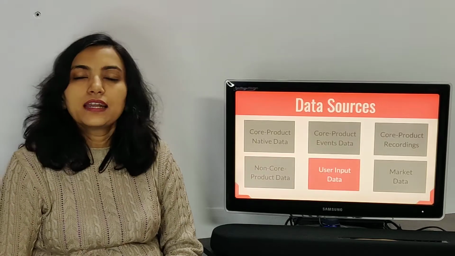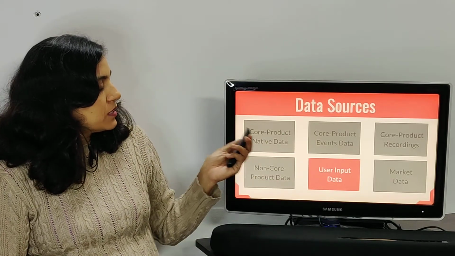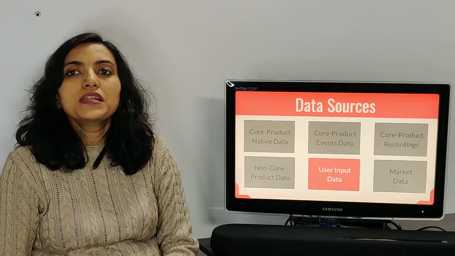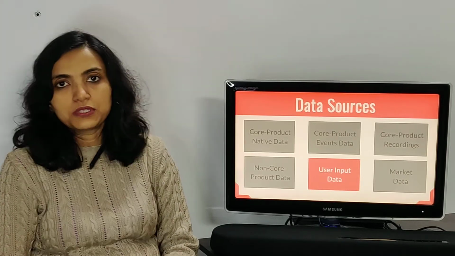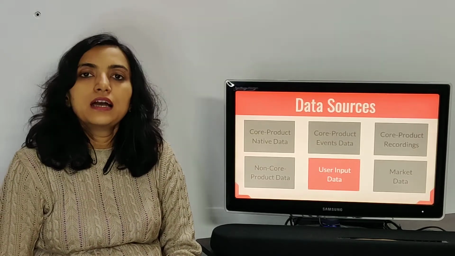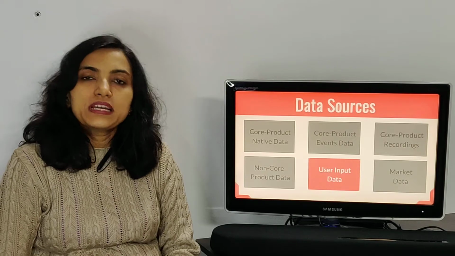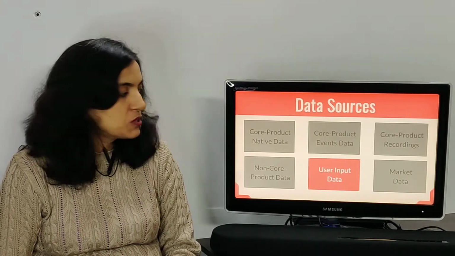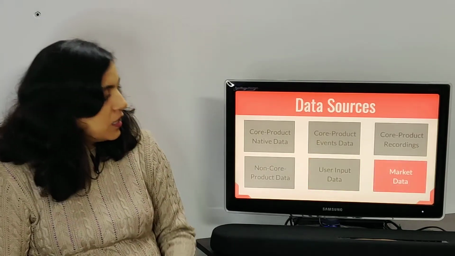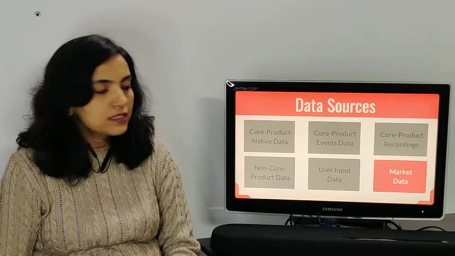Then there is data that you will receive as direct inputs from the users. And with this, I do not mean the data that they give when they are interacting with your product, but otherwise. For example, you may have many regular and ad hoc surveys that you send to the users. Many companies send regular surveys to gauge how happy their users are with their product. Then you can also send out surveys for feedback on individual features or offerings. You may conduct user interviews. You may also conduct user research. The output of all of that will be user input data. And then finally, you may have external macro market data about the competitors, industry trends, customers, etc.